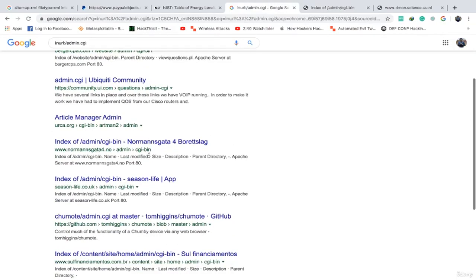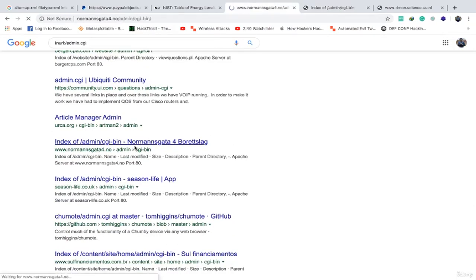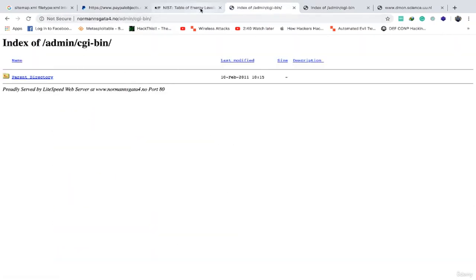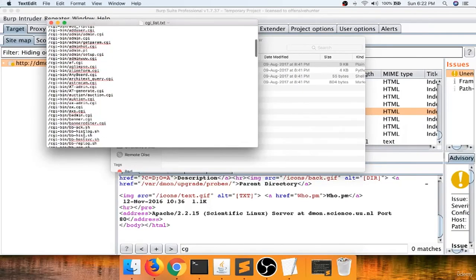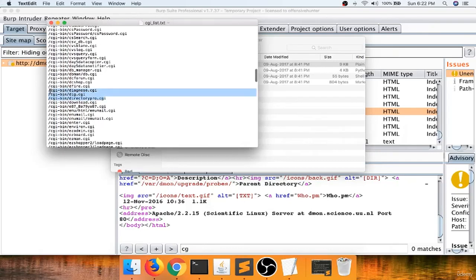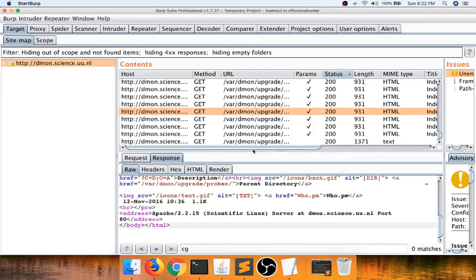no .cgi files. So what about this one? Are we getting any file? No, there is no file, okay. It's just displaying admin/cgi. This way you can try. Any other, these are the URLs you can try, anything.cgi, that will be good for you if you want to try this. So right now I haven't got anything,